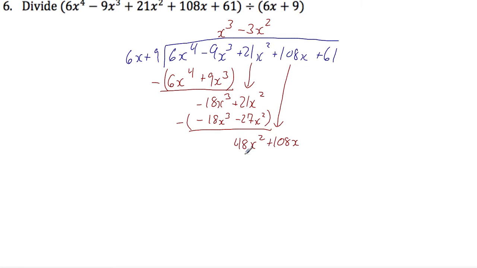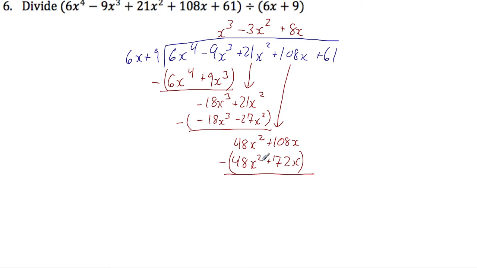Divide again, so we get 48x squared divided by 6x. That is 8x. Oops, and we multiply. That's an ugly x. That's better. We multiply. So 8x times 6x is 48x squared. 8x times 9 is 72x. We subtract